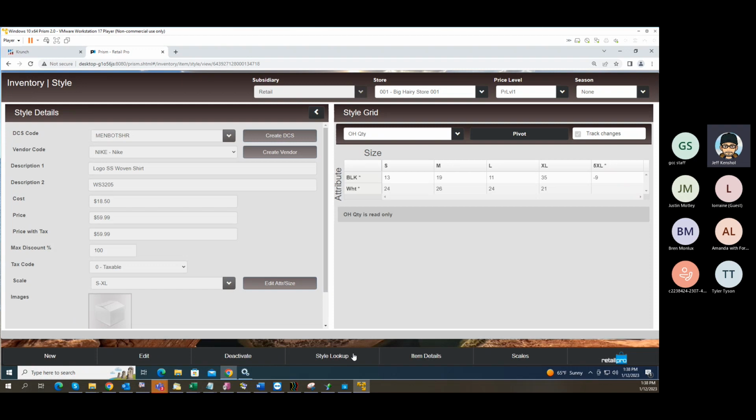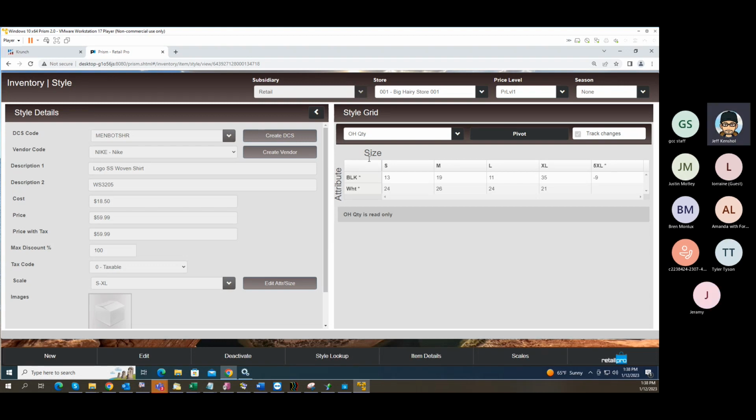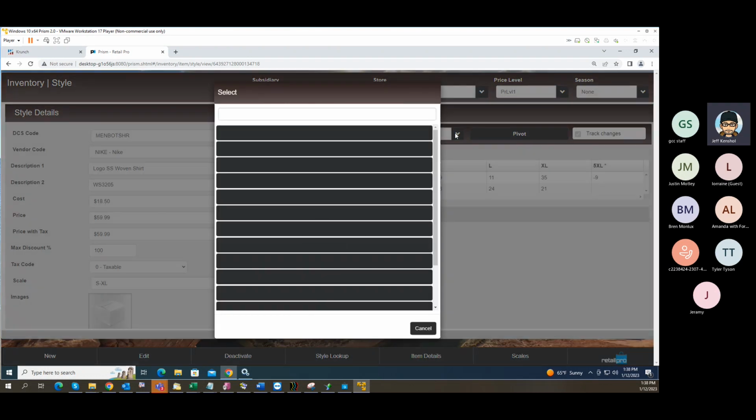Right, so we've got the style definition on the left, and the grid on the right. And obviously I've been hacking around with this. I added a 5XL to it for some reason. Not sure why, but there you go, right? The style can be pointed at other things. I'm going to point out right here that on the top right here,